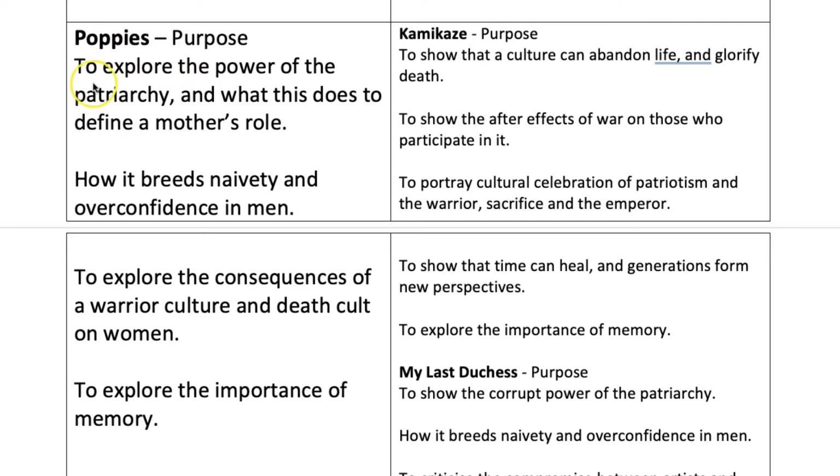The key thing is to understand the poet's purpose. Let's get started. And now we come to Poppies. This poem is written to explore the power of the patriarchy again, what this does to define a mother's role. So this mother has to hide her emotions from her son, put aside her misgivings, and respect his desire, presumably